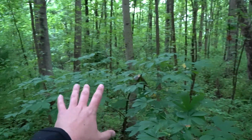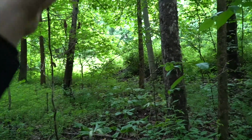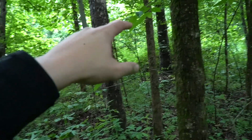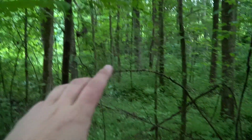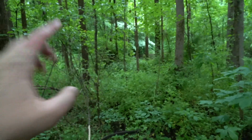Okay guys, quick update. I followed that trail up where you saw me show you that giant buck track. It came straight up this hill. I mean, steep ass hill. And basically there's this stretch of whatever you want to call it, a field, but it's just all overgrown briars and stuff. There's a private parcel right here that's got a field here. And if you look right here,